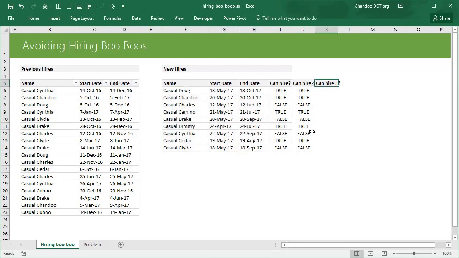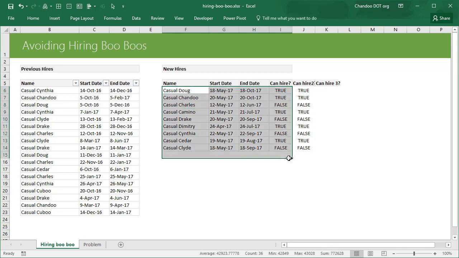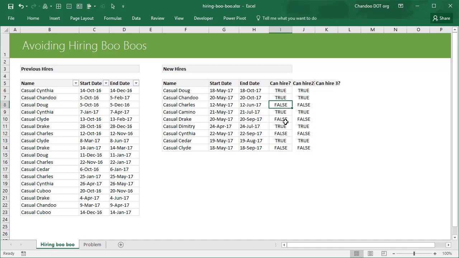That's what I call can hire 3. This is technically not a column, it is basically a conditional formatting rule applied on that range. So you could visually inspect and then do something, because what you usually do when you have a formula like this is you would first write the formula and then you will filter out all the false values or no values,